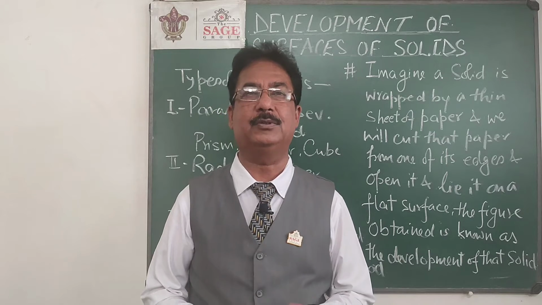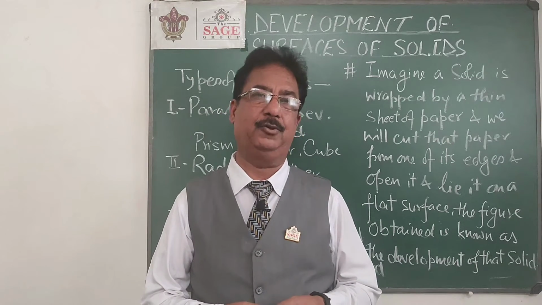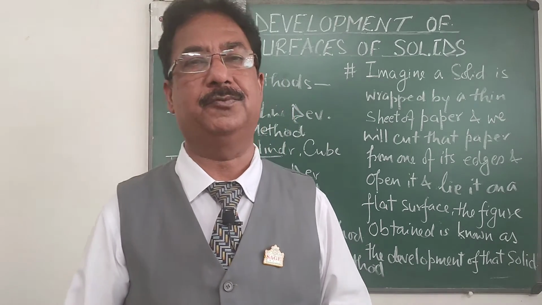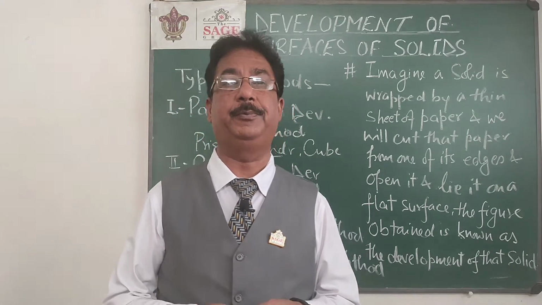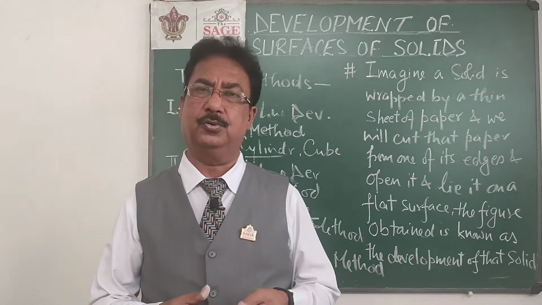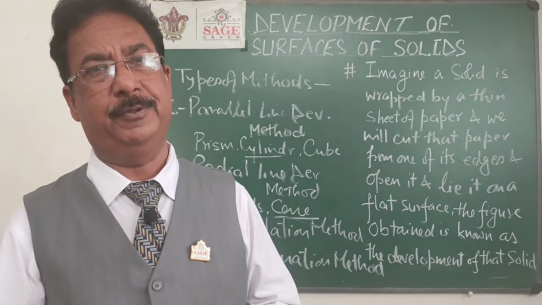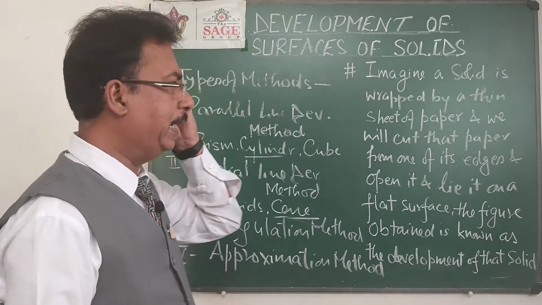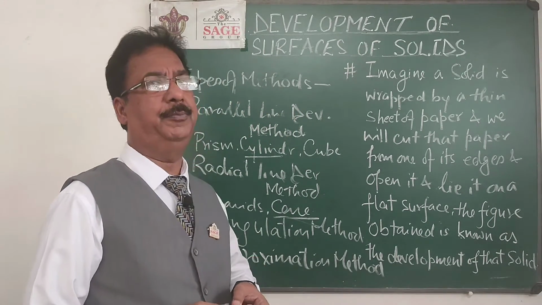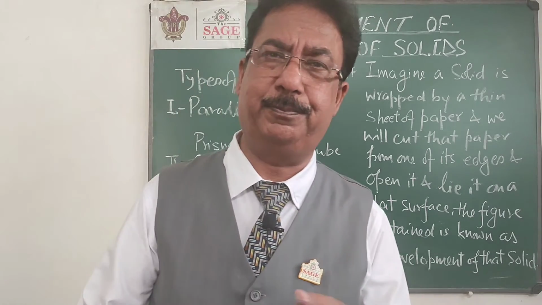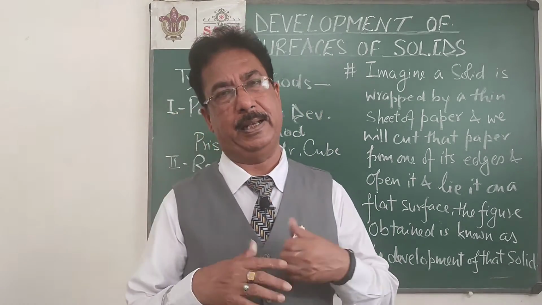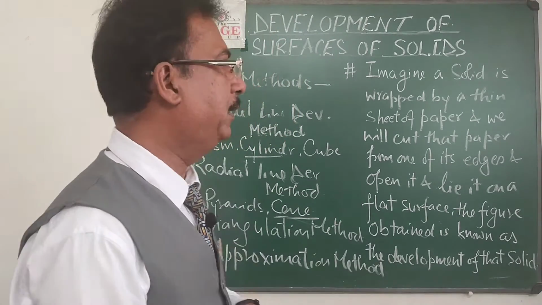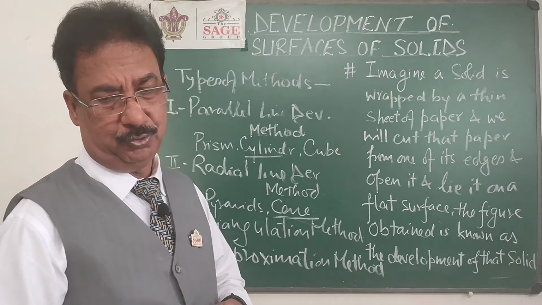So we will use the approximation method. We will divide that into some parts. For the development of a sphere, we use two types of methods: one is known as the Lune method, another is known as the Zone method. Those are related to practical life. Also for a tetrahedron, I can directly use a practical method, by cutting a few of the edges of the solid and then lying it on a flat surface. So there are different approaches, but the two basic methods are these two.